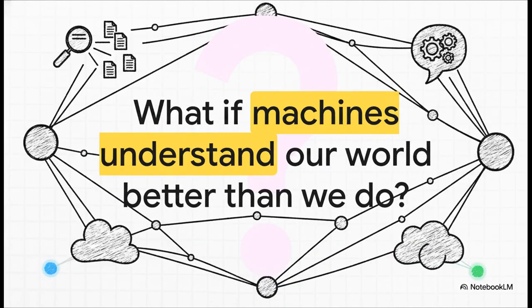Which leaves us with a pretty profound question to wrap up this explainer. We've spent decades trying to close the semantic gap, meticulously teaching machines what our words actually mean. But if indexing is no longer just about finding a document, and instead is about actively mapping out all interconnected human knowledge, what happens when the machines sitting on top of these massive graphs begin to understand the relationships and patterns of our world better than we do?